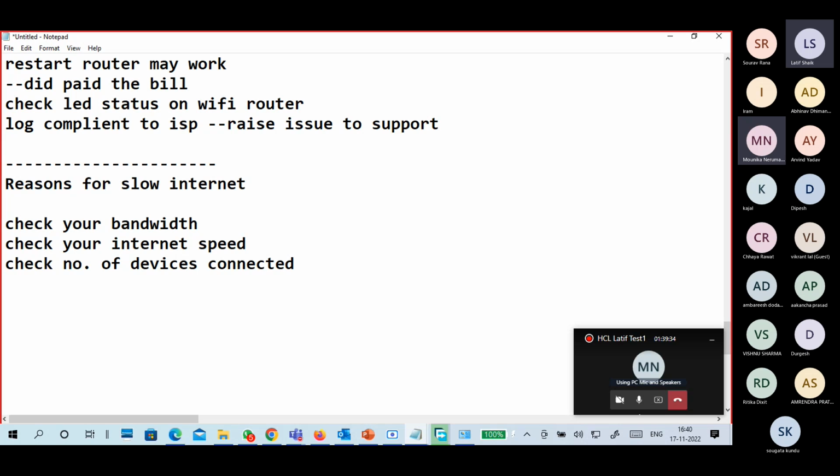More devices mean more bandwidth utilization, so you generally feel slow internet speed. Check the number of devices connected.